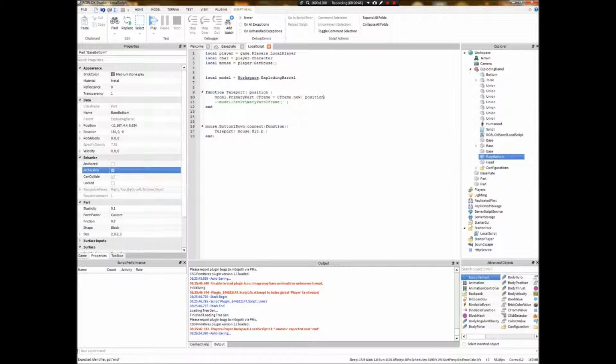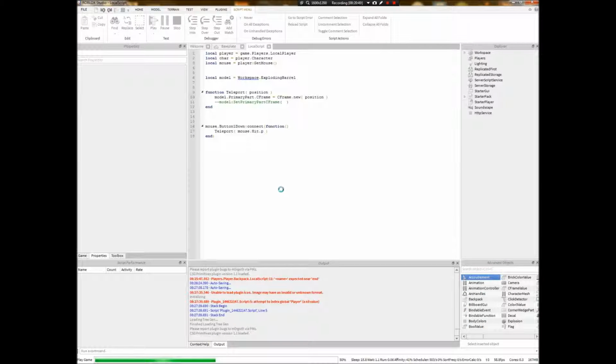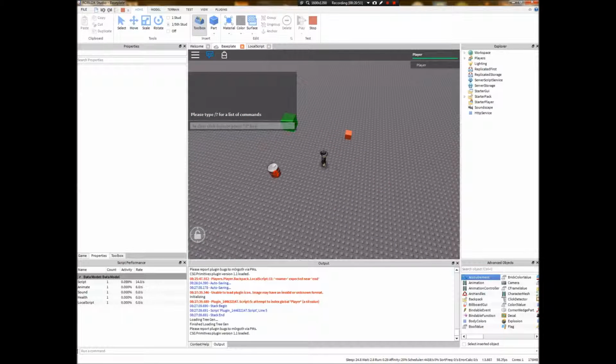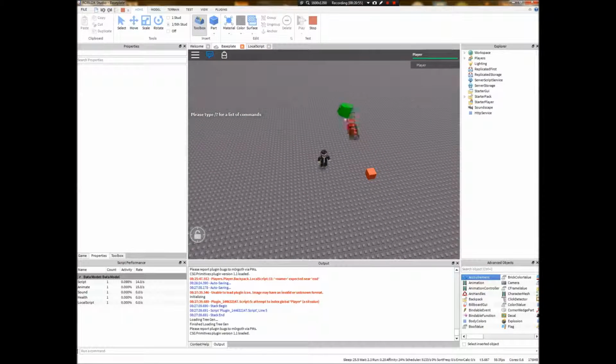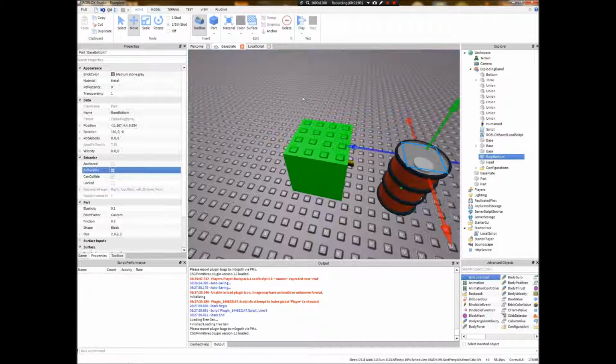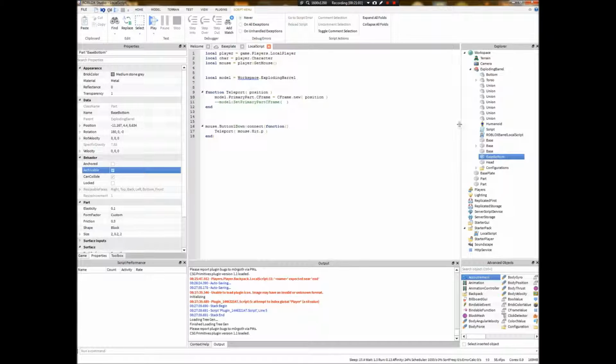I'm going to set it to the position. I don't think this should work. Not sure. Let's see. Hey, it does work. But I didn't know that. Well, that's something to keep in mind. You can just C-frame the primary part,